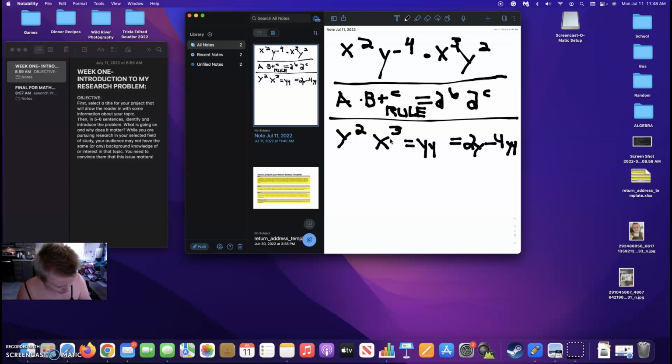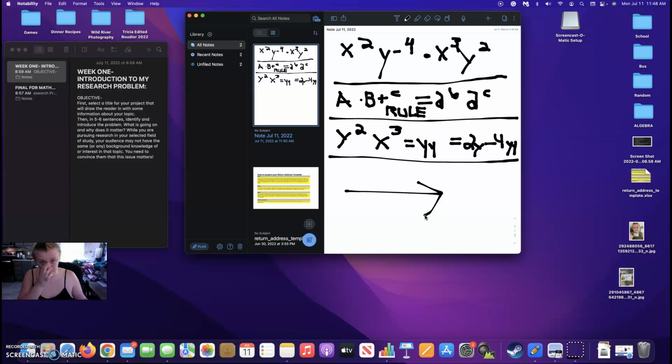Y to the fourth, and then I have y to the second times x to the third, right? Okay, so after that, being the rules that I used a combination of these, I am now going to go over how I solved. So we will say next page, which when I do that,